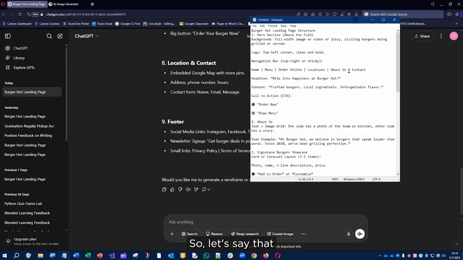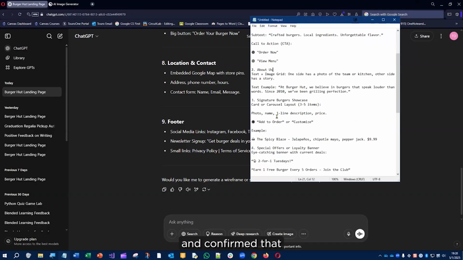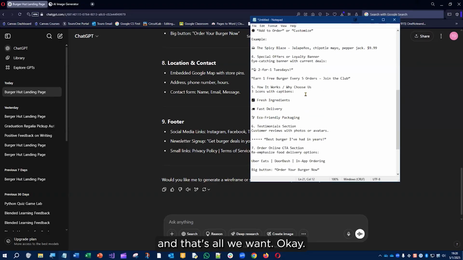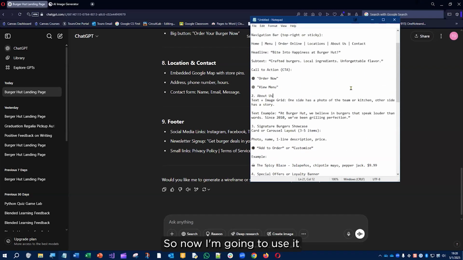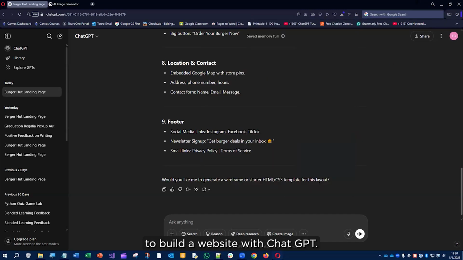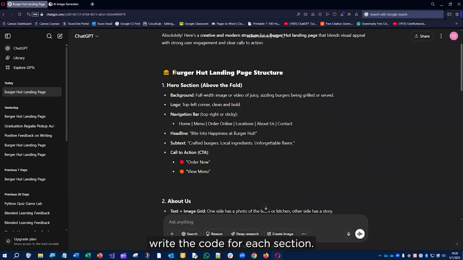So let's say that my customer or myself approved and confirmed that all the sections are relevant and that's all we want. So now I'm going to use it as my guideline to build the website with ChatGPT. So my next thing is to ask, write the code for each section. The first section is called hero section. So I'm going to write here,